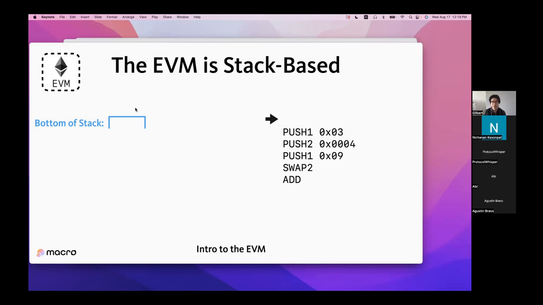But it's a very simple data structure. We don't get hash maps. We don't get linked lists or anything like that. Everything is on a stack and some memory and storage, which is also very simple. But what we're going to do here is see how these opcodes execute